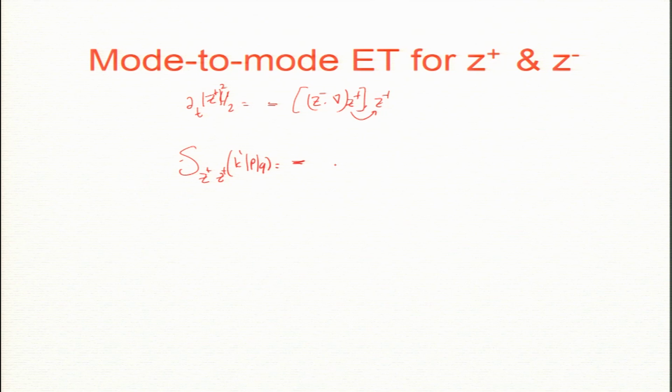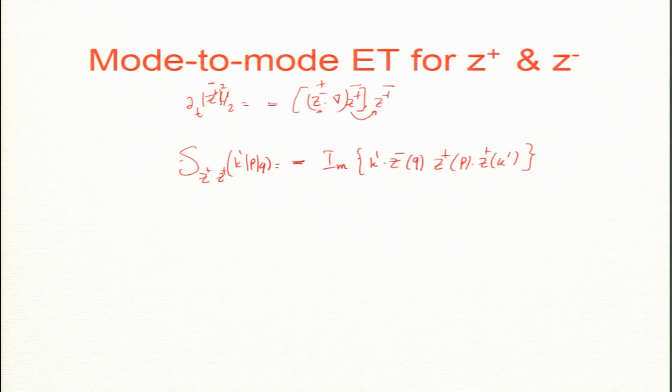I am doing mode to mode, no? So minus imaginary K prime, who is the giver? Z minus is the giver, Z plus the mediator, Z minus is the mediator, Z plus is the giver, P, and Z plus K prime is the receiver. What happens with the minus sign? Z minus exactly same with minus flip to Z reversed. So let me just write this equation. So this becomes minus, this becomes plus, this becomes minus, this becomes minus.